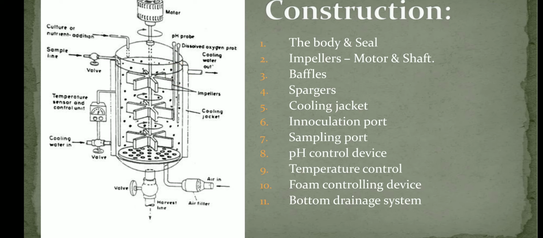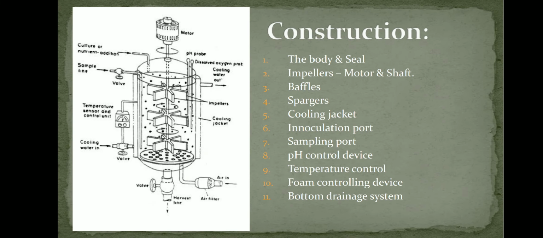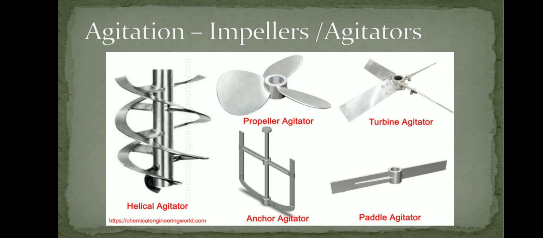During this agitation process, there are chances that the nutrient media can splash onto the lid of the fermenter or onto the walls of the fermenter. So to avoid splashing, we have baffles which will prevent the vortexing. So therefore the splashing is avoided. Baffles and impellers both help in the agitation process. Both baffles and agitators will help in the mixing of the nutrient content, so that a uniform environment is created throughout the fermenter tank.